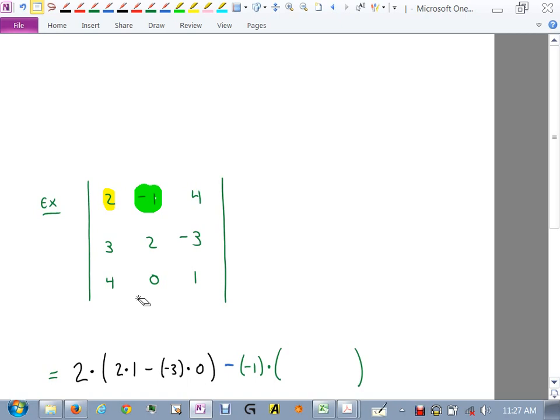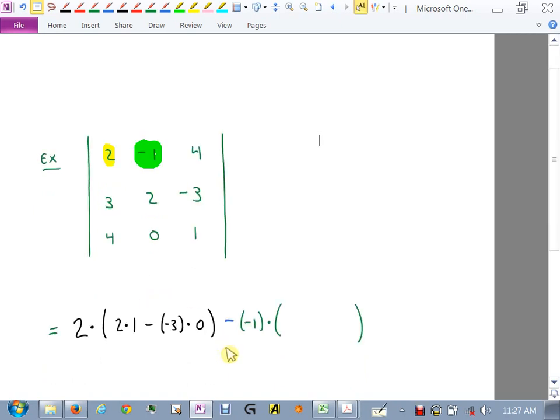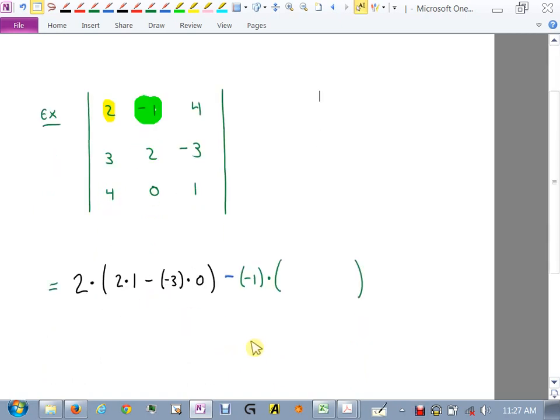A lot of times, like in my Calc 3 class, this is usually when we do determinants like this. A lot of times I'll see students with their finger covering up columns and stuff, like it's just part of the way you learn it. There's other ways to do it too, all right? This isn't the only way.